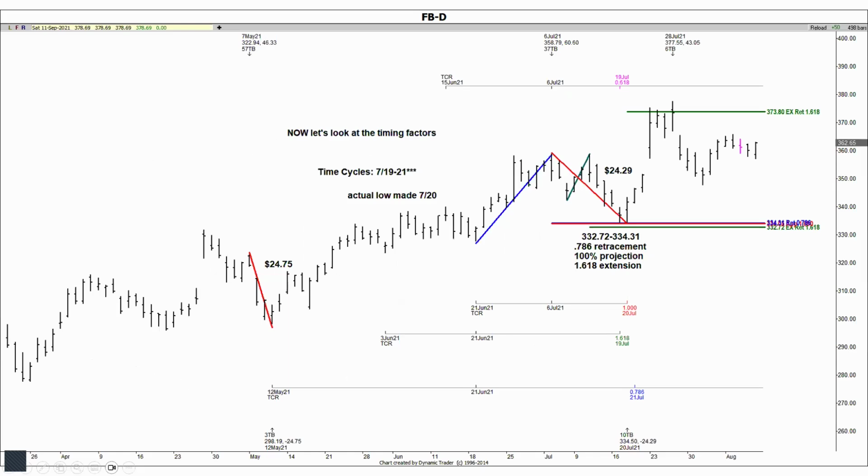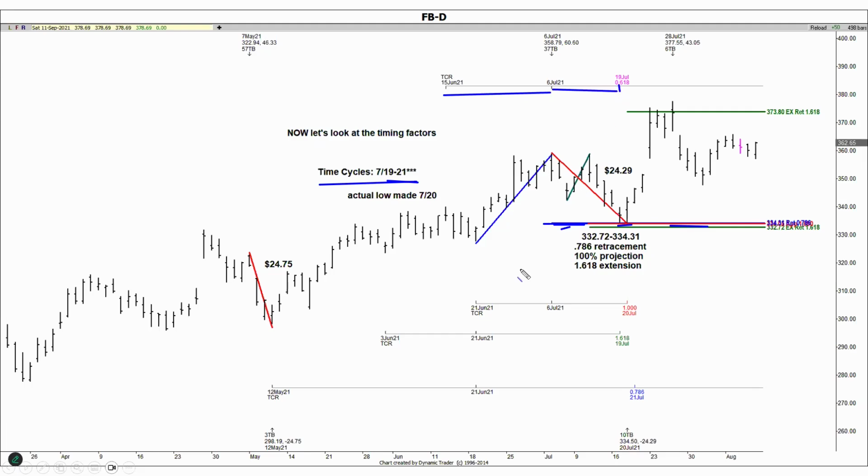So this is an old example that I had in Facebook, where I had a really nice price cluster at this area. So that's great. It hit, it held. If you used that, you would have made money. But you'd have had more confidence if you also knew that we had a cluster of timing cycles between July 19th through the 21st. So here, I measured a high to high cycle, projected 618 in time forward that came in